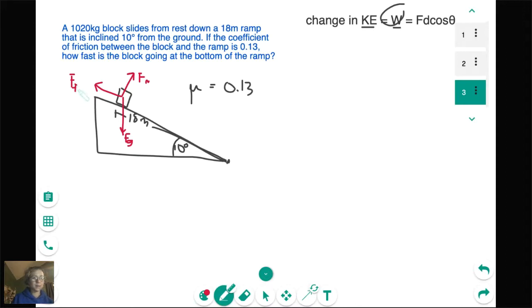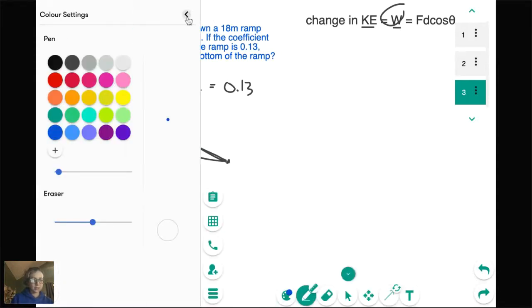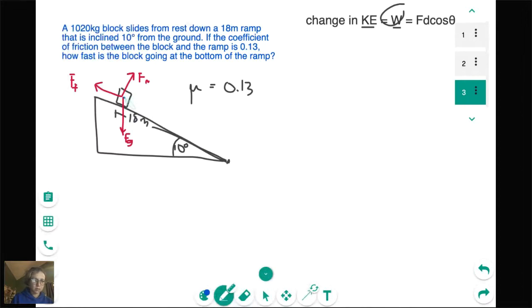FF. That's a terrible, terrible little F there. Okay, so there is no force pointed directly down the ramp. It's just the component of gravity that is pulling it down the ramp. And probably a good idea to just kind of draw those components in. So we will have a component that is parallel to the ramp, and we will have a component that is